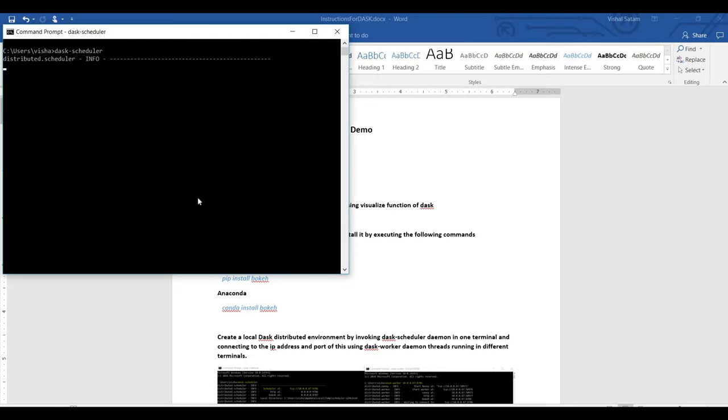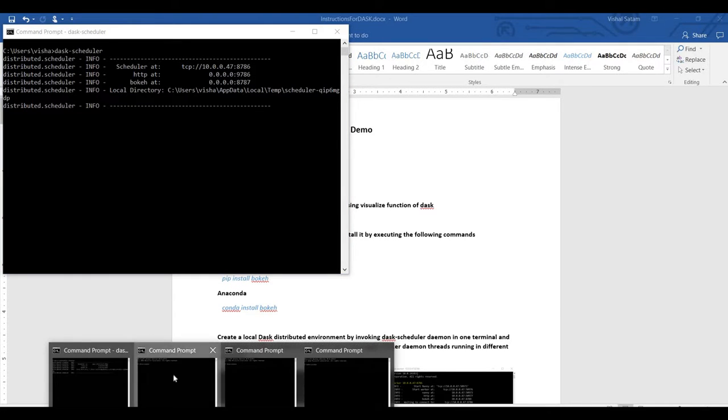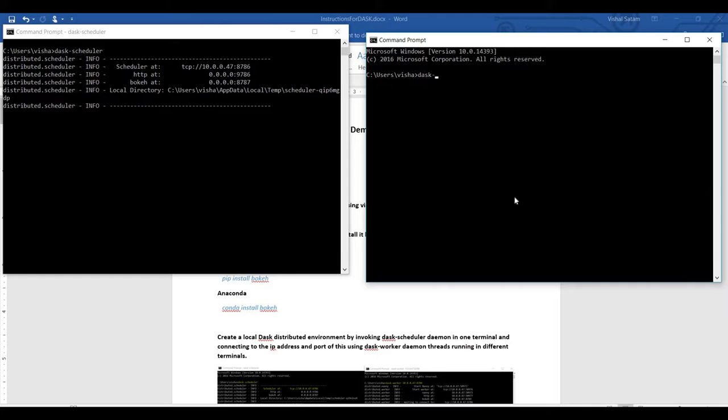We can actually set up a pseudo distributed environment on a local machine by opening different threads, one for the scheduler and multiple others for workers. So let's try an example of that. The way we can invoke the worker threads is by